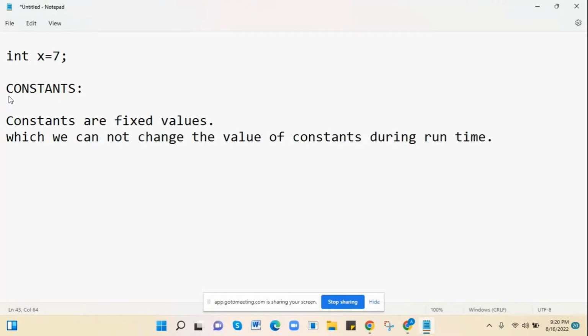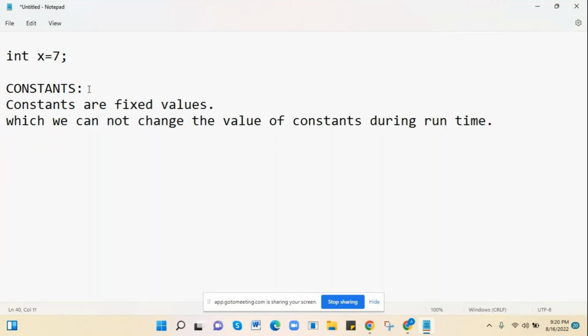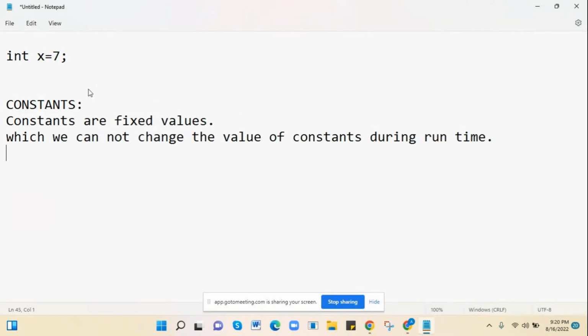If you declare x as a variable, then you can change the value of x at runtime. But if you declare it as a constant, it means we cannot change the variable value. Okay, for example,